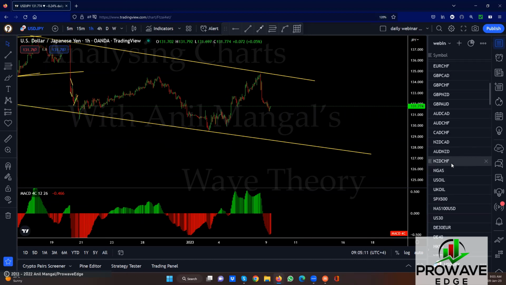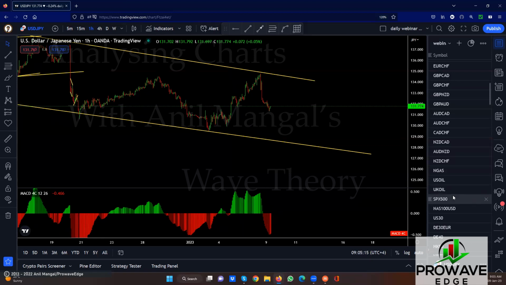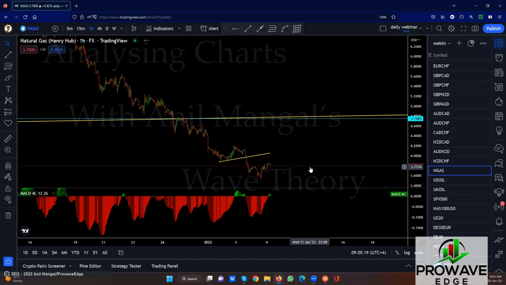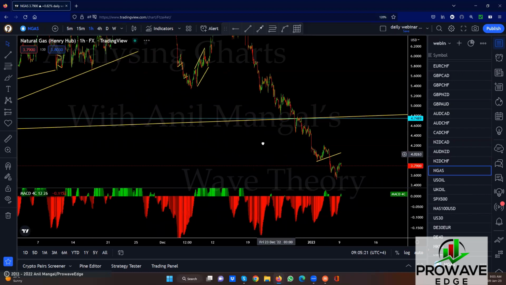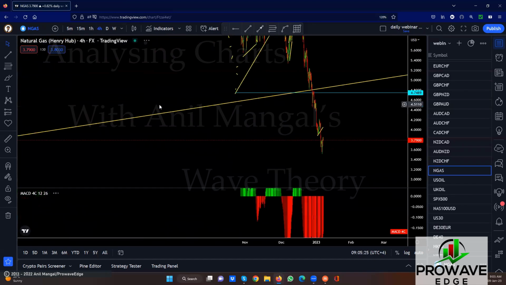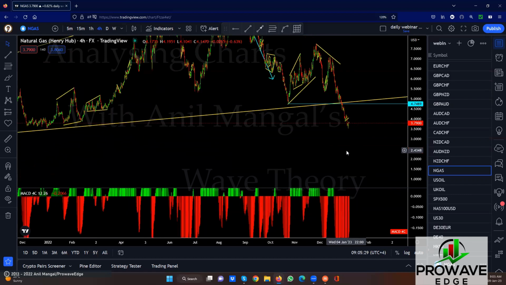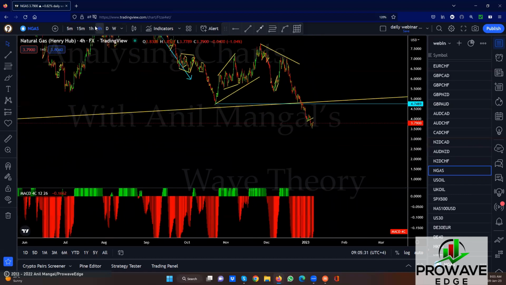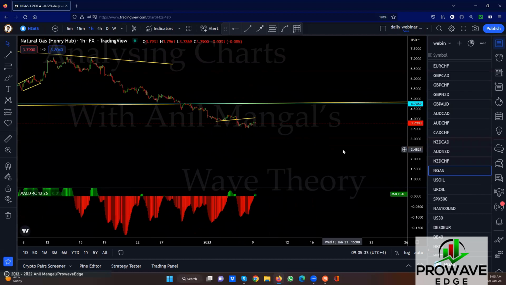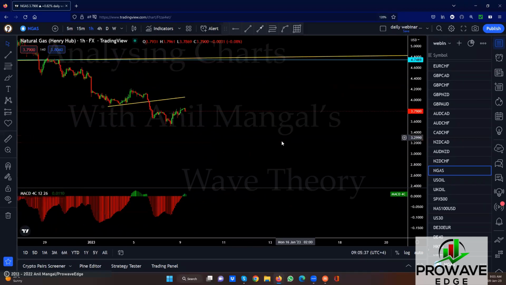Let's go. Let's run through some of these. Let's start with where we are. Natural gas. More downside. I think this is just going to keep dropping. And once we're out of that structure, we're just going to keep dropping. So look for more sell setups. Maybe deeper correction, but right now, no. Right now, it looks like more downside.